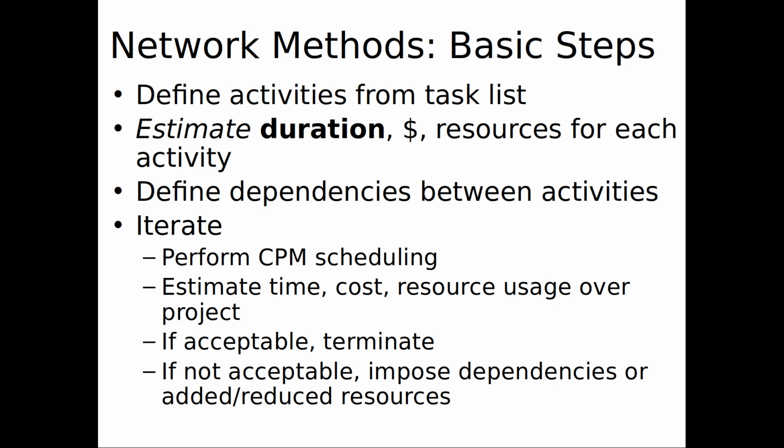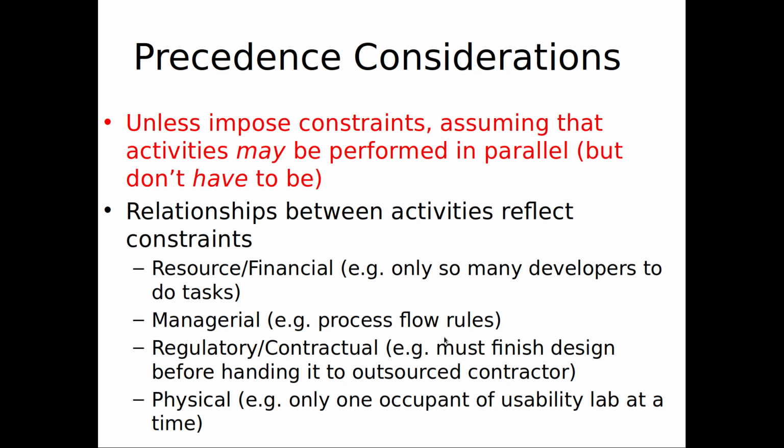We may evaluate resource use over that. If it's acceptable, we're done. Otherwise, we may impose dependencies to capture the fact that certain resources are not available, or add resources and perform it again. I'm just going to be capturing this first bunch of steps down to performing CPM scheduling. The others require more lectures, and we don't have time to give them. I have in past versions of this class. Okay, so a key thing here is that things depend on each other, right? And another key thing is that things, in the absence of those dependencies, or within those dependencies, can be done in parallel. Okay.